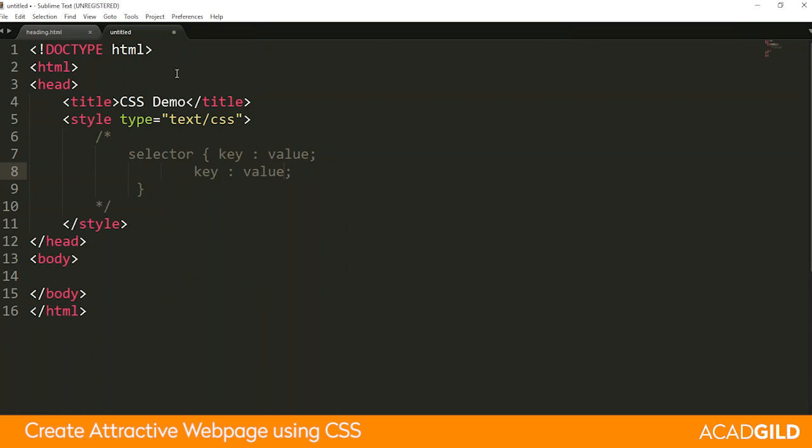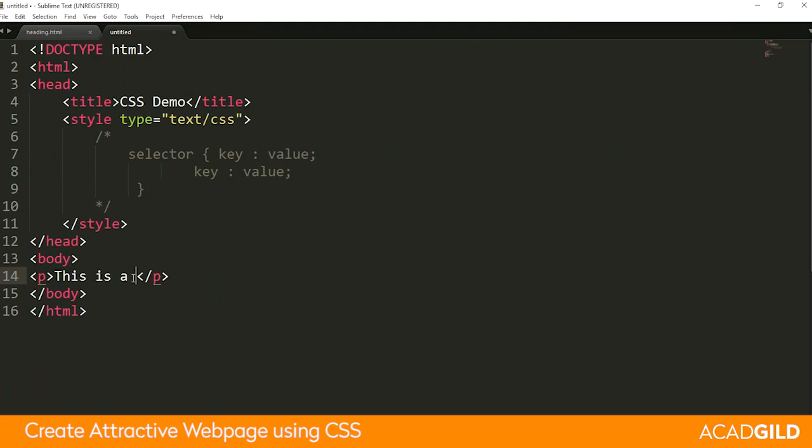There could be multiple declarations attached to a particular selector. So we can have another key and a value pair within that CSS selector. What is this selector? The selector is a syntax which is used to select one of the elements or a group of elements in the HTML page.